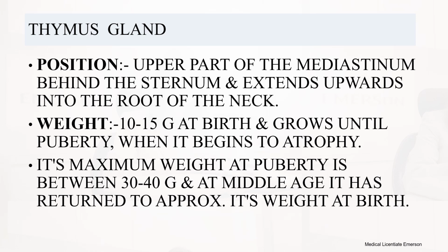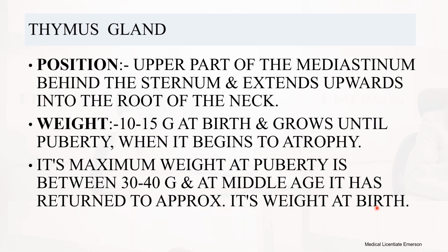The other lymphatic organ we can talk about is the thymus gland. Then of course the position of the thymus gland is in the upper part of the mediastinum, behind the sternum, and it extends upward into the root of the neck. Then the weight of the thymus is 10 to 15 grams at birth and grows until puberty, when it begins to atrophy. Its maximum weight at puberty is between 30 to 40 grams, and at middle age it has returned to